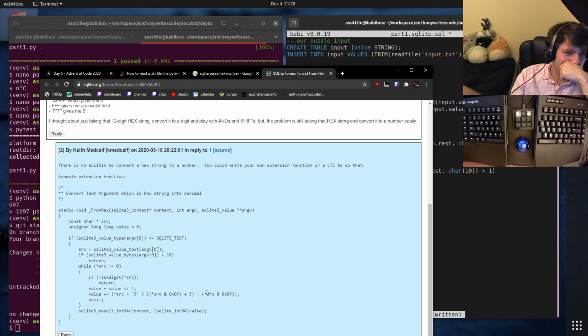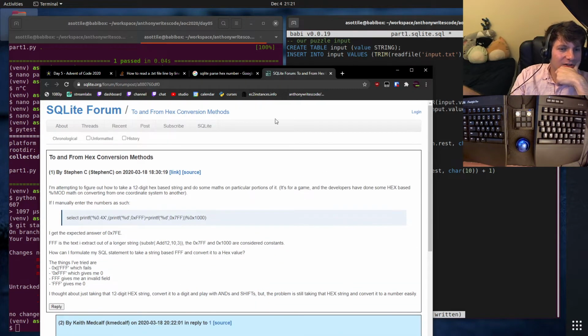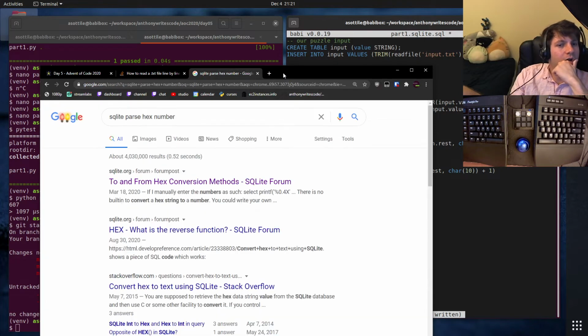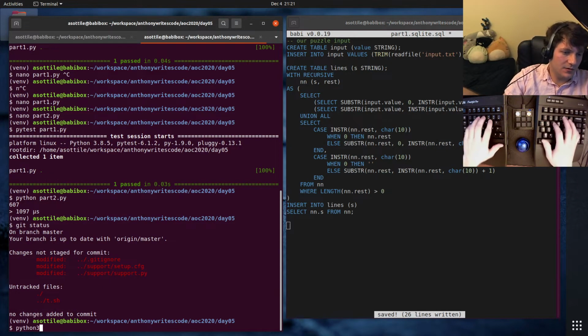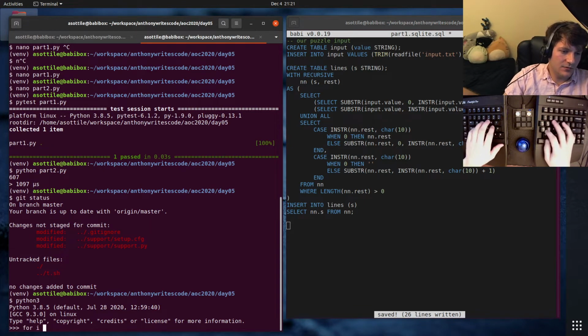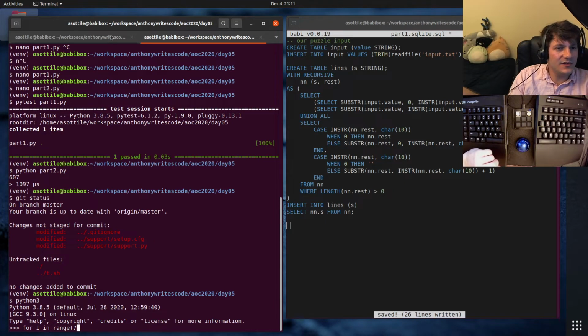Okay, this is an extension method. There's no built-in method. Well, we can write our own binary conversion for each of the numbers. How many numbers are there? How many digits? We have 10? For i in range 10.